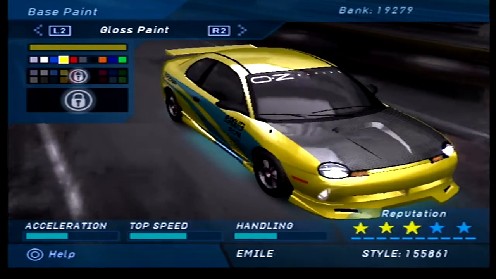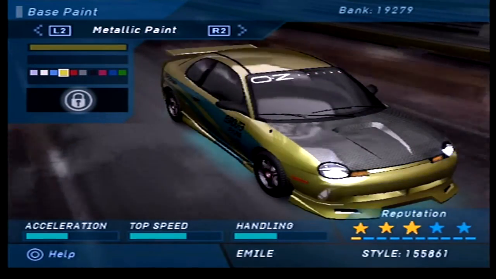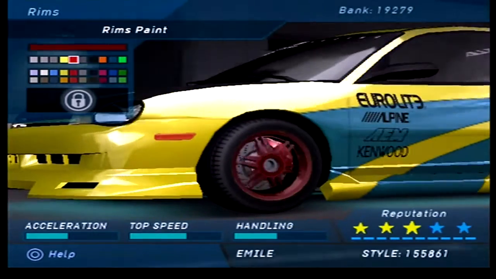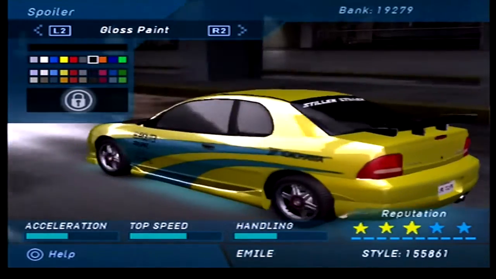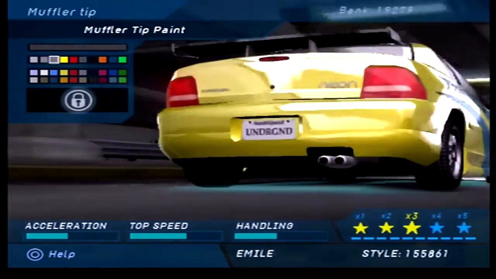Right, paint. White. Ooh, I actually really like that yellow. I was about to say, we'll have a look at the metallic, we'll buy it anyway because it's always nice to have, but I think I'm going to stick with that yellow because I really like the way that looks. Onto the wheels, I don't want yellow wheels, I'll just go with the standard silvers. Spoiler, I'm going to paint black, actually. Oh, we can actually paint our engine accents as well, so we'll go for yellow as well, because the car's yellow. And yellow brake calipers, and do we change...